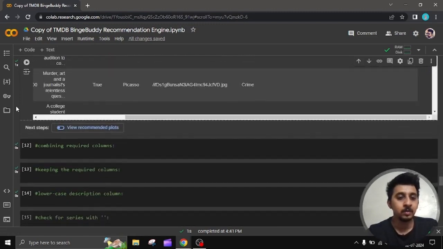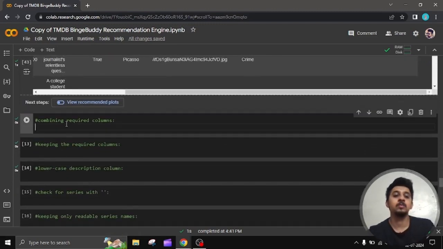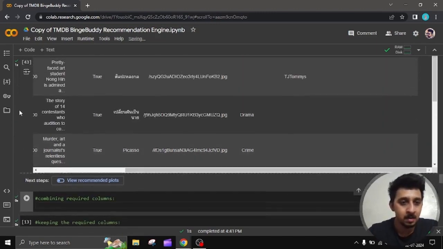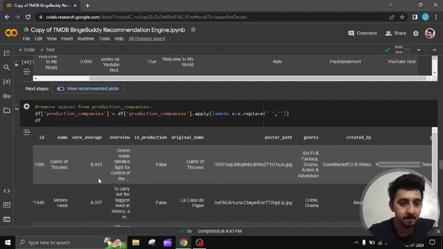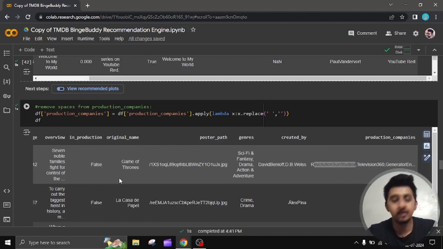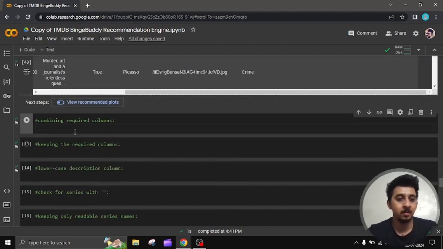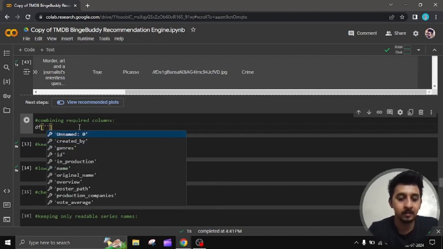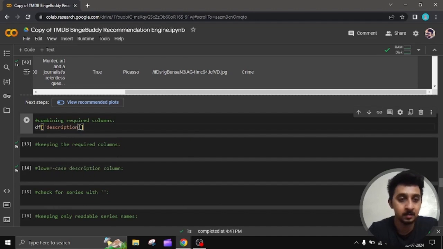Cool. So the next thing that we need to do is to combine all the required columns. जैसे we will be needing the overview, we need the genre, कौन से genre की web series है, we need the created by, and we need the production company. So now we can combine all of the columns. So I will write df ka, I will give a column name, let's say description, and description will be nothing but df ka overview